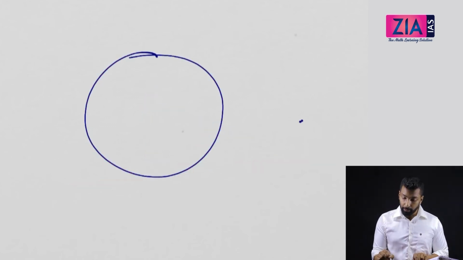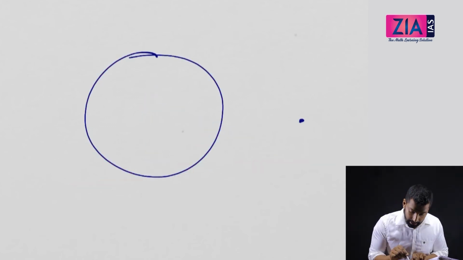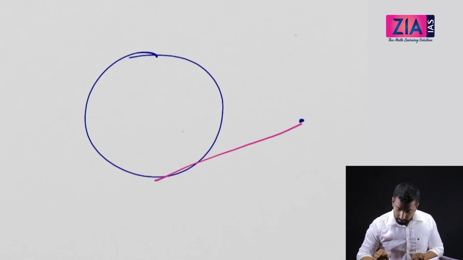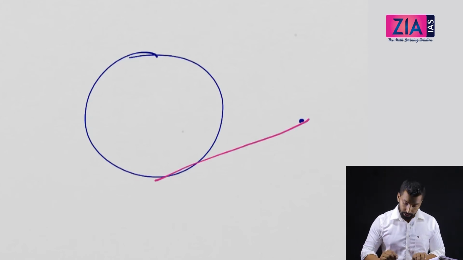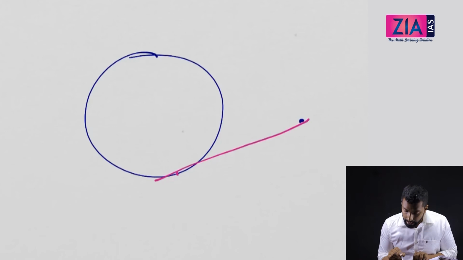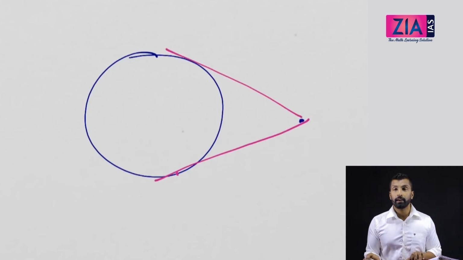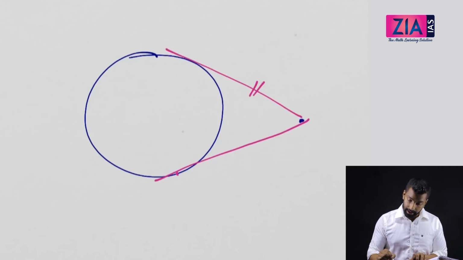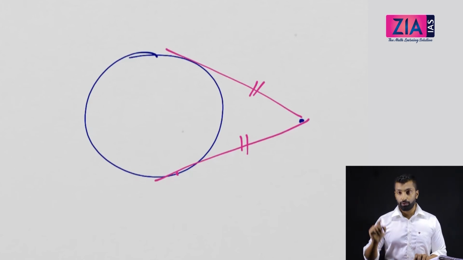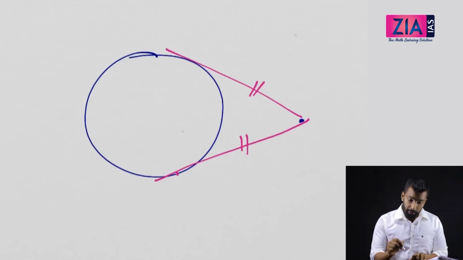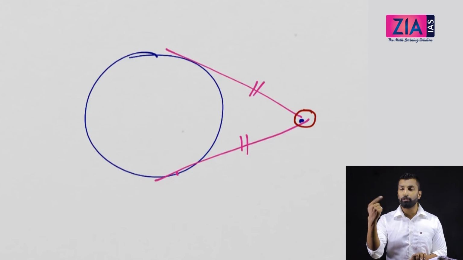See, you have an external point here. The moment you see an external point, you can think of making a tangent, right? So it is touching here, and in the same way it is touching here. So this length and this length will be equal. You have an external point, you extend that point to touch the circle, you get a tangent. So these two tangents will be equal. Now one important point which I need to tell you here is how you can solve many questions.